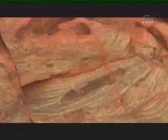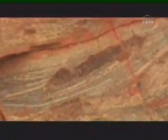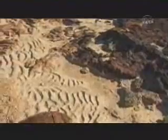In close-up, you see patterns, intersecting, upward-facing curves. Geologists call these crossbeds. This is how they're made. Gentle waves, long ago, leave ripples in the sand. The fossilized patterns are evidence that liquid water in a